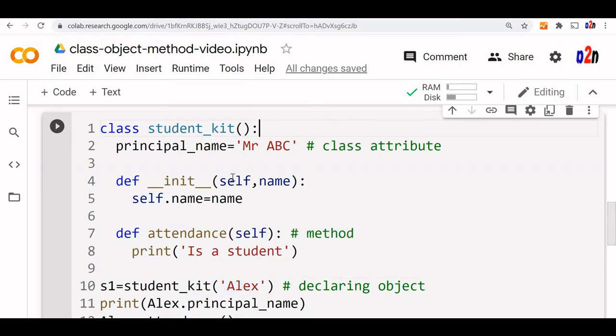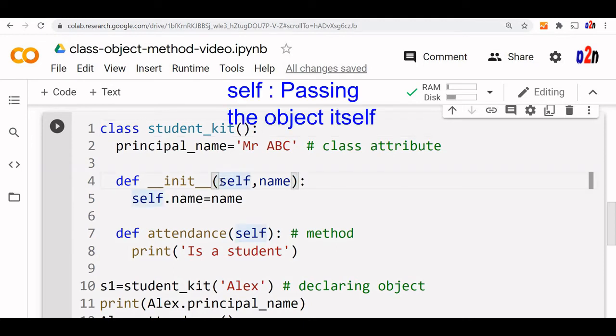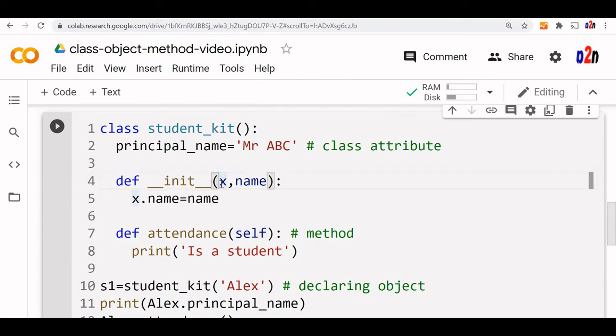So self is the object itself. So self always means the object itself. You may ask why I should call it self. You can give it something else. Say I can call it X also. Fine, you can do that. I can write X here, and in that case I can write X here also. But it is an industry practice to use self, for better code readability, so that somebody else can read your code or you can read other code. What is the industry norm? But note that this is not a must. This is not a reserved word or anything. So this self we are passing to the initialization, and this is how we will initialize.